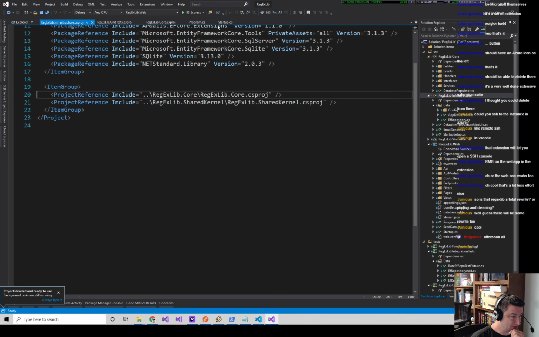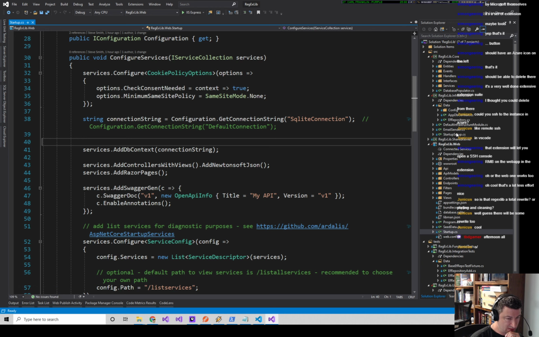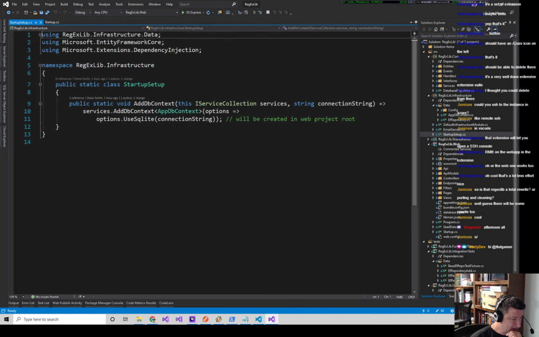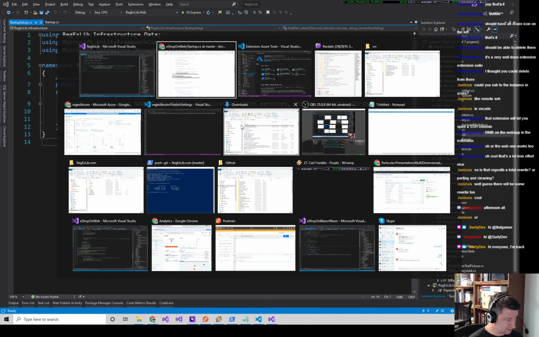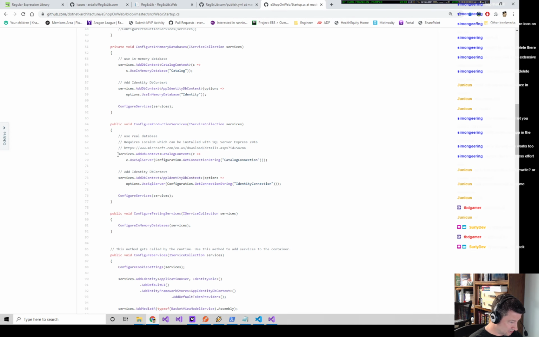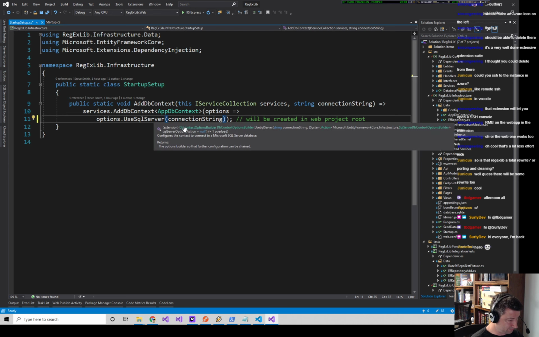That's better. Alright, so let's close all but this. And in here, we've got this add DB context that's using SQLite. I don't know that well, I like the fact that I'm encapsulating this here, so maybe I'll go paste what I want in there, which is just this use SQL Server with the connection string. So I guess all I need to do is tell here use SQL Server, and then